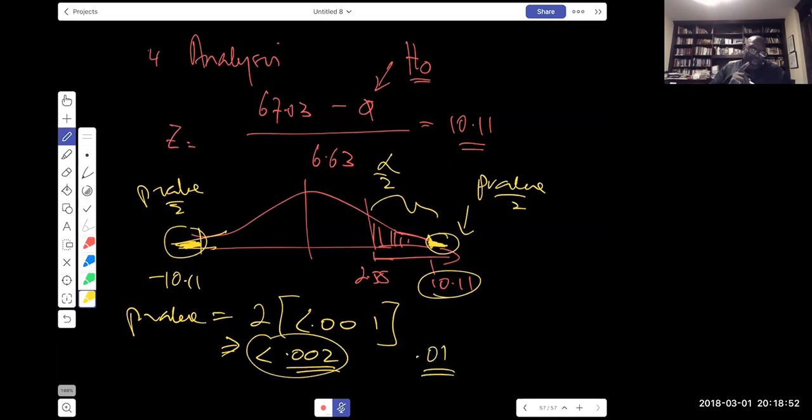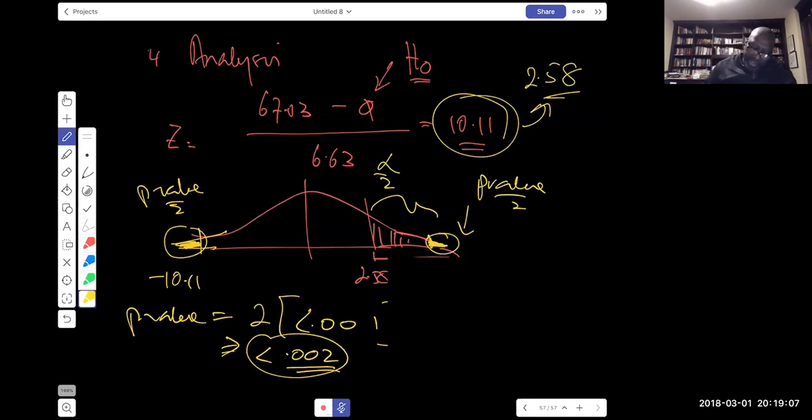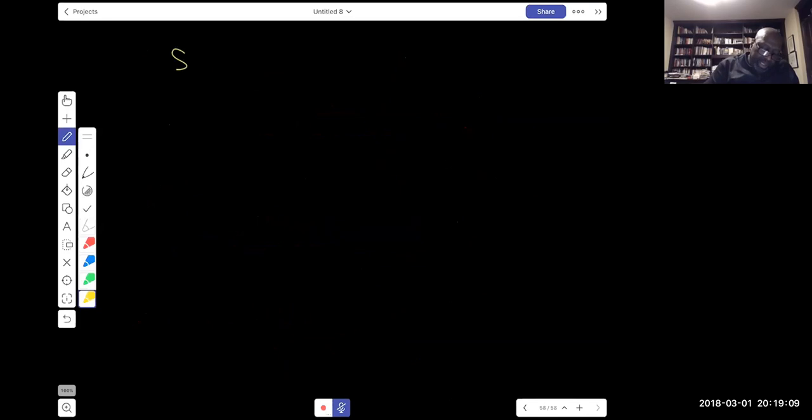If we're doing the critical value approach, we'll compare 10.11 to 2.58. In both cases, we get exactly the same conclusion: since 10.11 is much greater than 2.58,